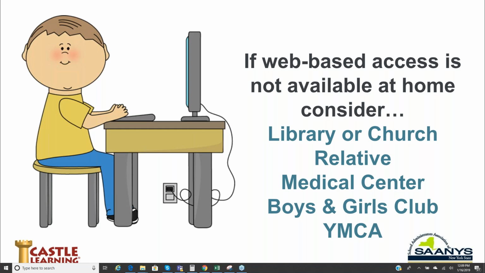A relative, it could be grandpa and grandma, it could be an aunt and uncle, that they might be able to go to that may have internet access at home. In a medical situation like Christy was talking about, we're even finding that the medical centers today are providing some type of Wi-Fi access for people to get internet. So it's interesting to see that you can walk in there and hop on their Wi-Fi. The Boys and Girls Club, I have one that's not too far from where I live. I know in there they have internet access and a bank of computers for the students to use when they come in. So they're trying to help in that educational process, and even possibly the YMCA, and I'm sure there's others. Christy, anything that you'd like to add to that list?